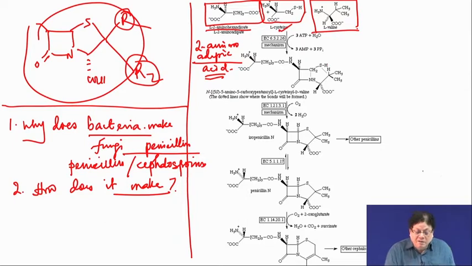Now, there are a few questions here. See the configuration of the valine here, L: carboxy is up, hydrogen is down, and when it makes the tripeptide, what is the configuration here? Now, it is D, the carboxy down, hydrogen up. Okay. So, this molecule while making this tripeptide, there must be an enzyme which is doing some racemization here, L